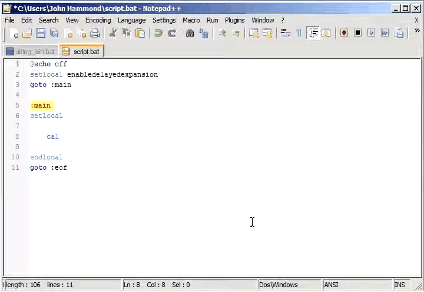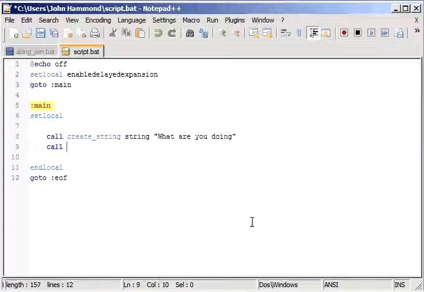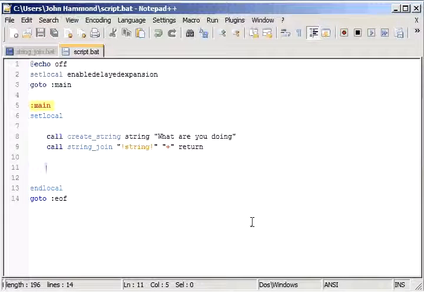So anyway, let's go ahead and create a string. I'll call mine string, just keep it easy. And it says, what are you doing, and that's all. And then we're going to want to call string join. So we'll pass in the value of our string variable, and we'll pass in a plus sign to go in each individual character, like in between the two of them, and return can be what will get returned from us. So if we go ahead and echo out the value of return,